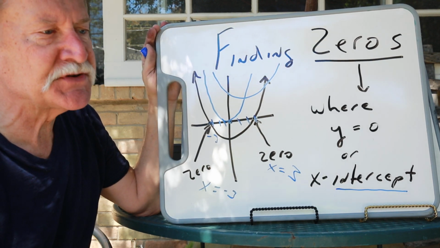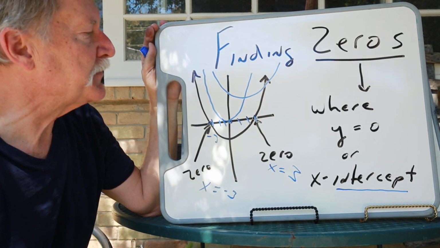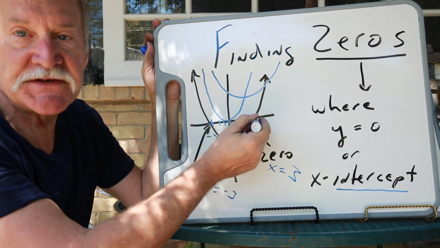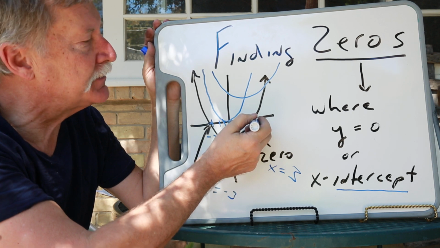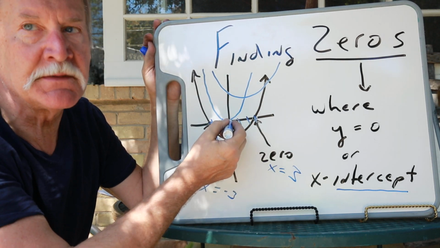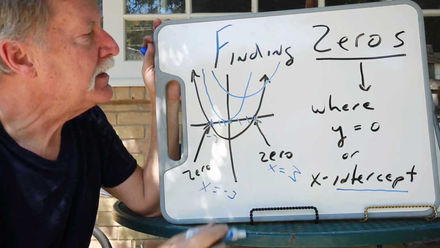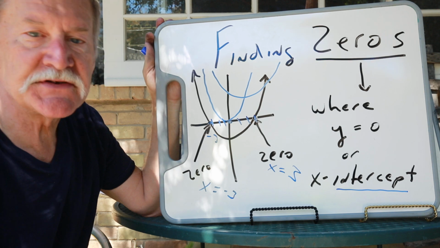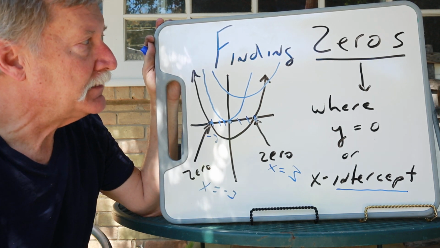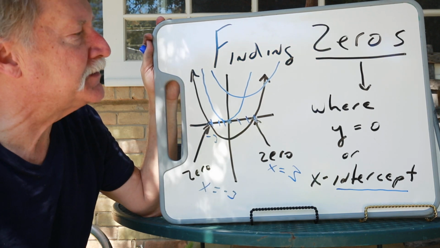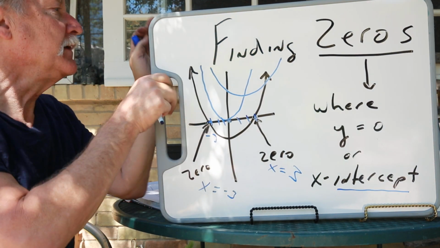So later on we'll be able to solve for zeros, but for now you just have to look at it, understanding that if it hits two places on the x-axis, there are two zeros. If it touches the x-axis at its maximum or minimum, there's one zero, and the parabola may not touch the x-axis at all, in which case there are no zeros. So zeros, a second characteristic that we need to deal with. And finally,